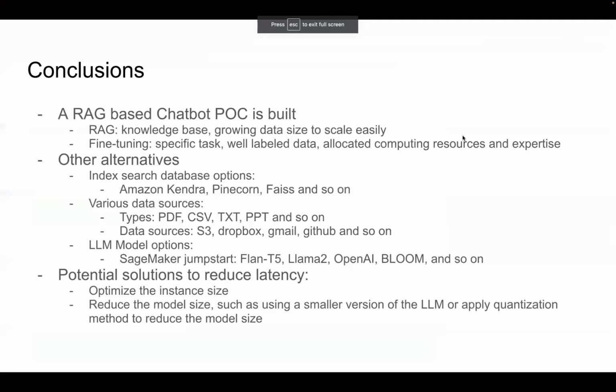So I've shown a POC solution that uses RAG as the chatbot solution. RAG is very good to use when you need a knowledge database for your large language model, and when your database is growing fast, RAG can be used to easily scale this. While fine-tuning is very well suited if you have a specific task to perform, for example, name parsing, or if you have a lot of already well-labeled data set,